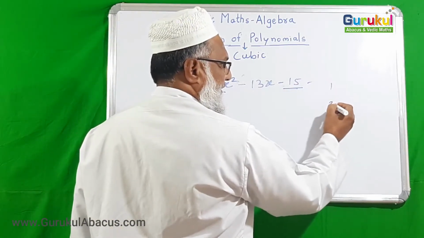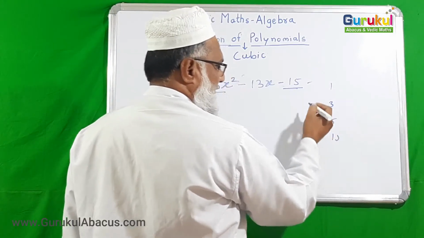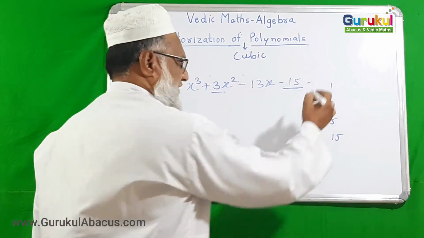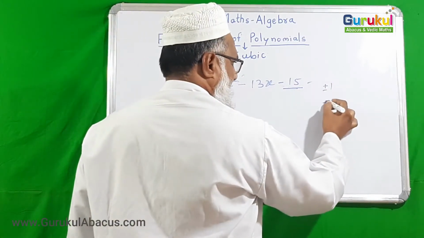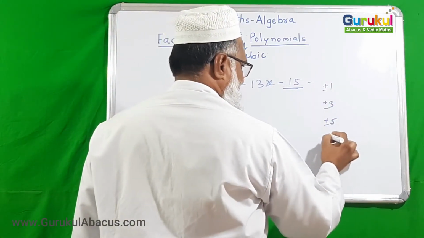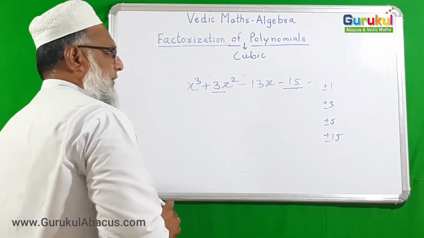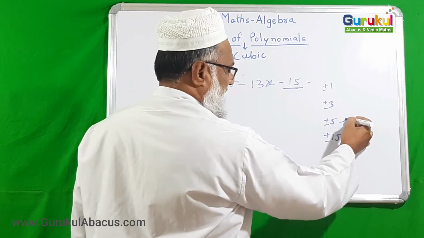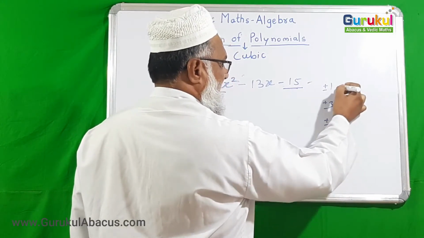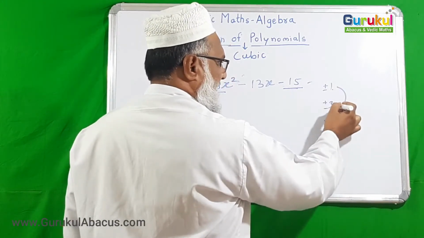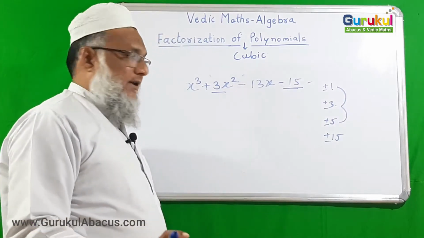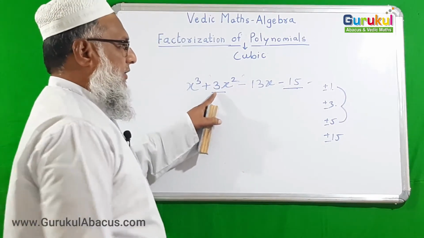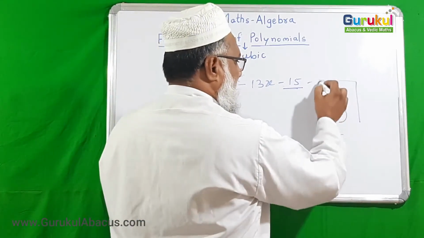First find the factors of 15: 1, 3, 5 and 15. Those are the factors, and each can be plus or minus, as you know. Now we need a multiplication of 15. So 3 times 5 is 15, times 1 is 15, so we can easily take 1, 3, 5. Now only think how we can make the addition of all three equal to plus 3.